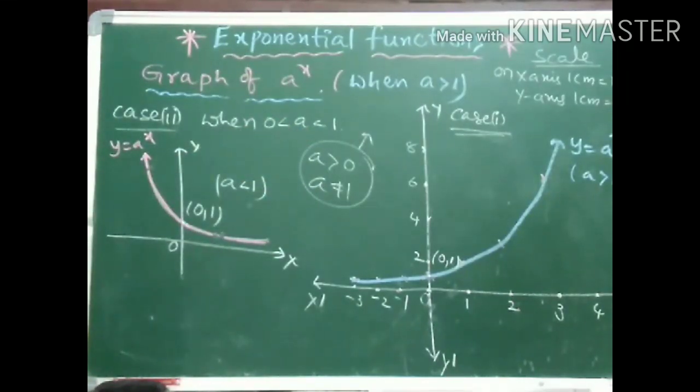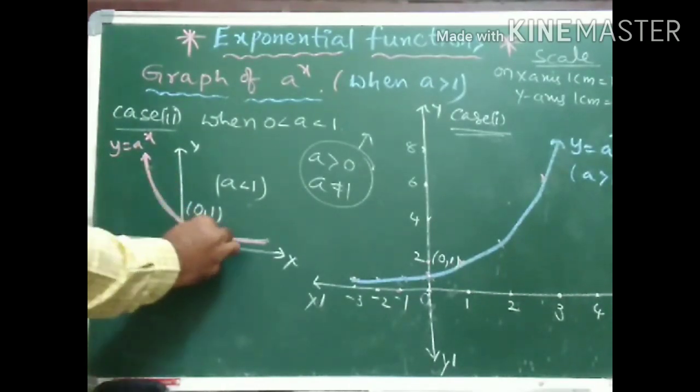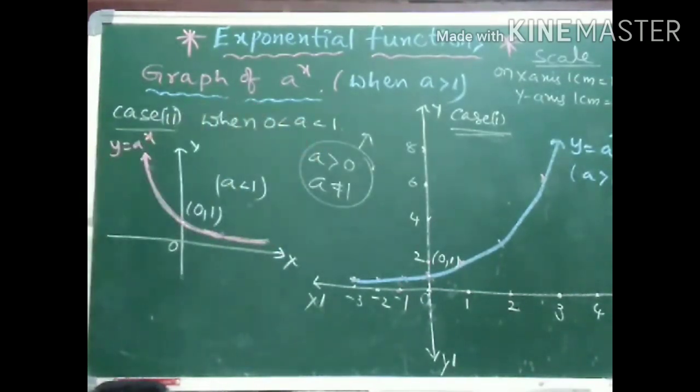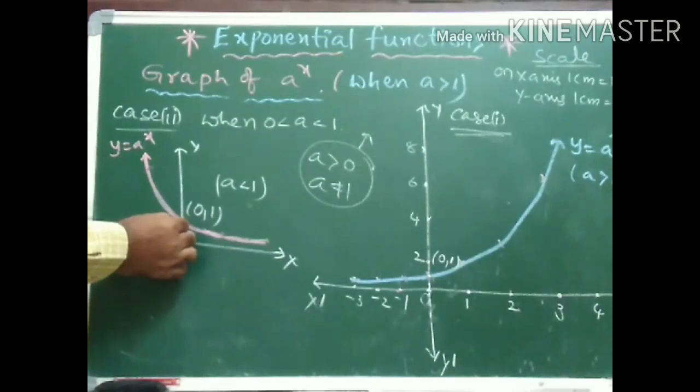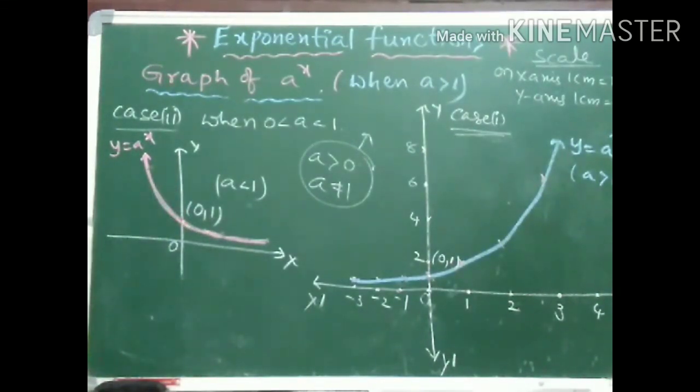Now if you observe this graph, here I just want to go with the model graph regarding the entire graph. You can go with the same process as we did earlier. Now if you look at this, this is the shape of the curve if a lies between 0 to 1, and here also the graph intersects the y-axis at the same point which is 0 comma 1 only, right? So this is the basic knowledge of the graph of an exponential function a power x.